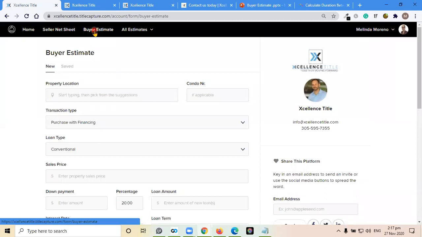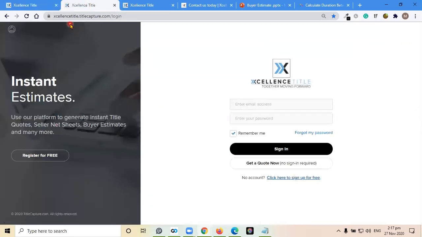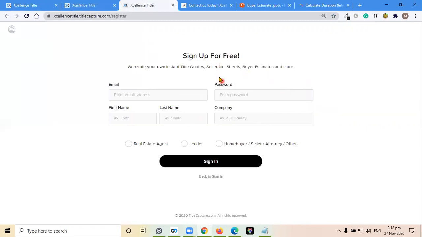So before we start, let me show you how you can log into the system. So just go to excellencetitle.titlecapture.com as shown on the browser here. And if you have not signed up yet, just click right here to sign up for a free account. Put in your information on this page and click sign in. And once you've logged in,